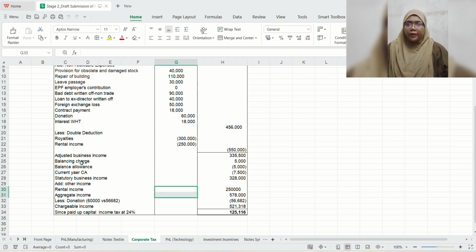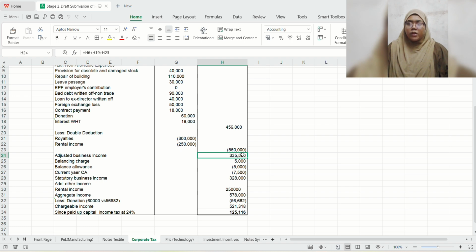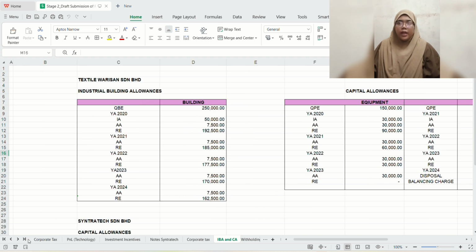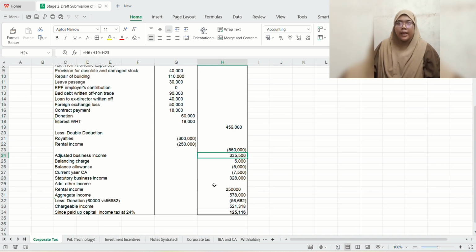So from net profit we have to add non-allowable expenses and less double deduction and we get adjusted business income. The balancing charge and balancing allowance we get from calculating our industrial building allowance and capital allowance for non-current assets. So for adjusted business income, we have to add balancing charge and less balancing allowance and less current year CA, and we get a statutory business income amount 328,000,